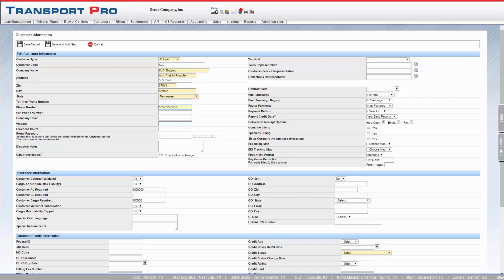Enter all applicable phone numbers and a valid email address. If you would like to provide the customer with portal access, set a password for them. Any dispatch notes you enter here will automatically insert on the load information screen for dispatchers when this customer is entered. Mark whether or not this customer can broker loads. If you check this box, the system will prevent dispatchers from dispatching a broker carrier on any of these customers'